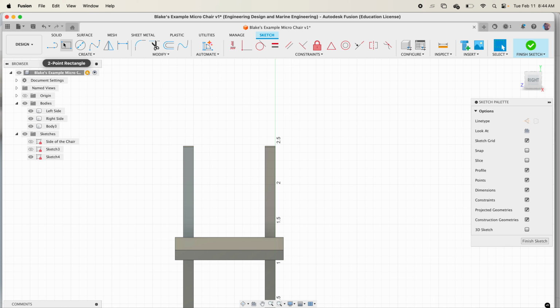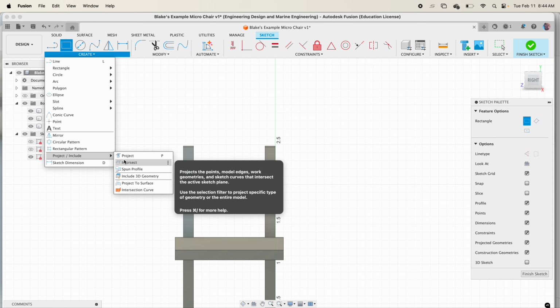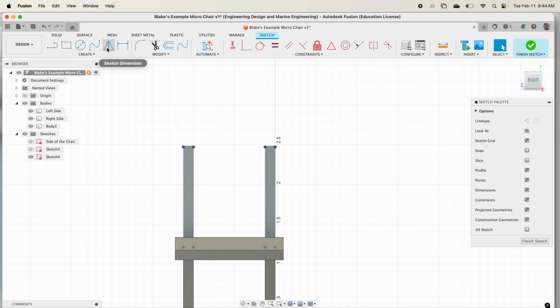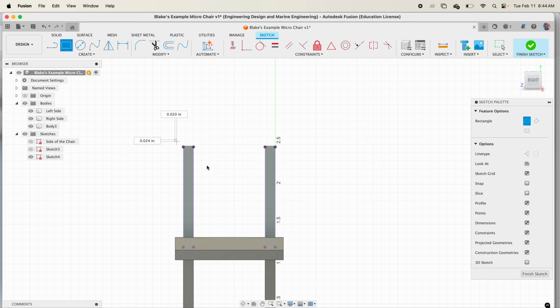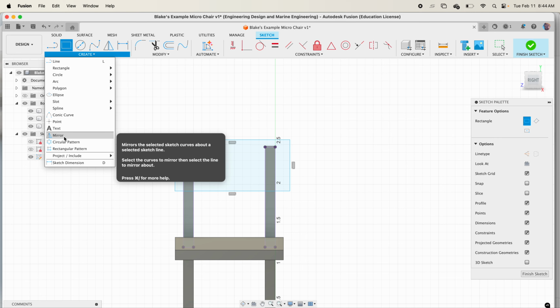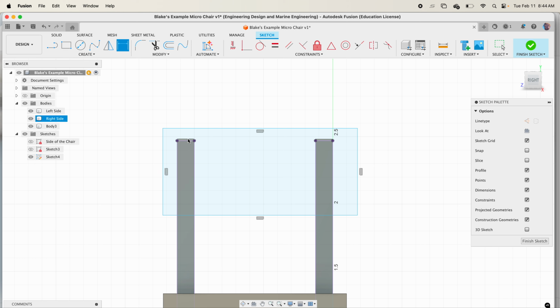So I'm going to go rectangle. Project Include first. So Create, Project Include, Project, or shortcut P. We need this geometry, and OK. Then 2-point rectangle, make it too big. Create dimension, shortcut D. I want this again to be